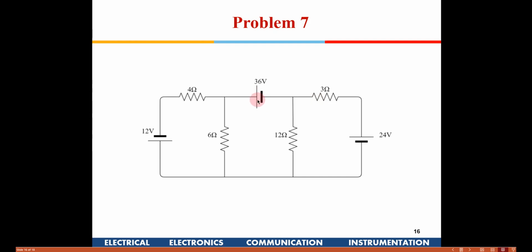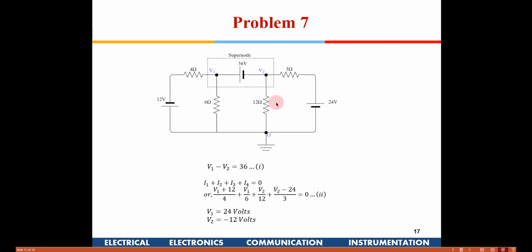So we assume this 36 volt is not there, so we write the algebraic sum of the currents which are coming here and here, and we equate that to 0. It means the same, because whatever current is coming into this 36 volt has to come out here. So it is the same thing, equating the algebraic sum at this node and this node together. That is known as a super node. We can only do that if we have a voltage source connected in between these two nodes. So this is a super node.